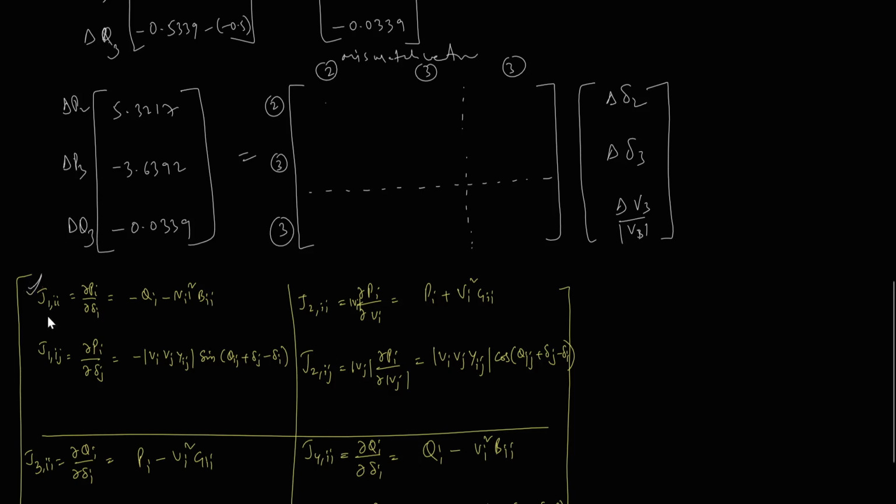Are you following? And this element 3 3, this is 3 3, so I have to calculate this element of J1 using the J1 ii equation, that is the diagonal element equation. And for the other entries, J1 2 comma 3 and J1 3 comma 2, I have to use this equation.